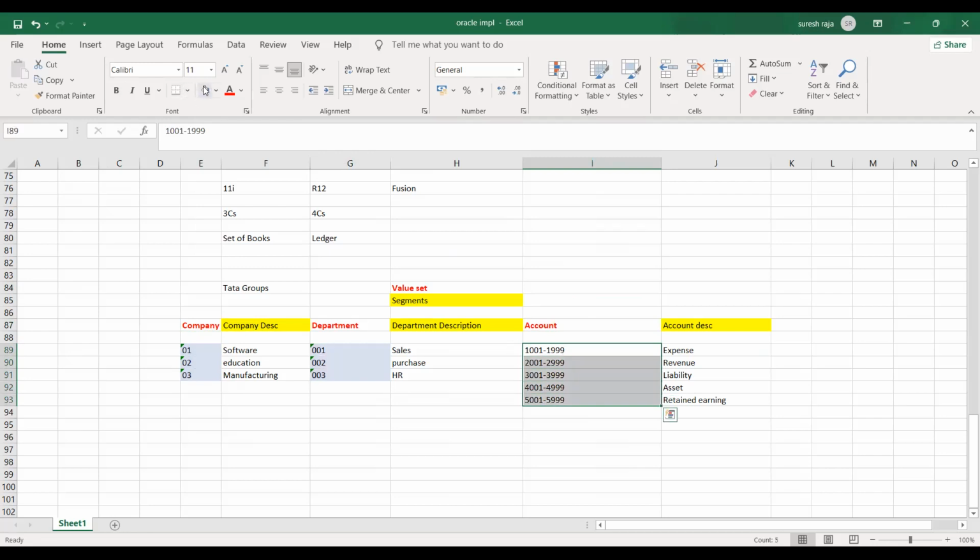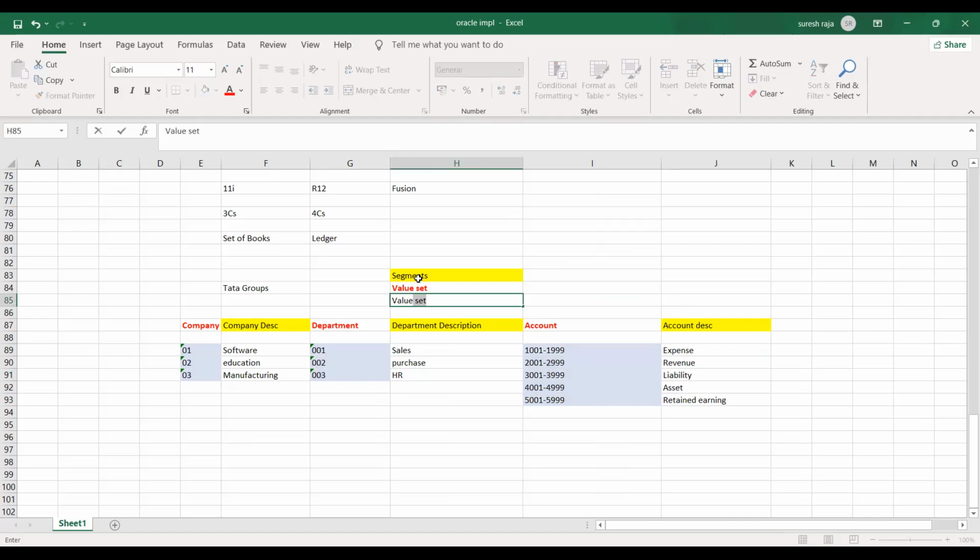Once these are all joined, only then can you create a ledger. First I create segment, then I create value set, third I create value. Only then will this get created. You understand clearly? Any doubt in this?